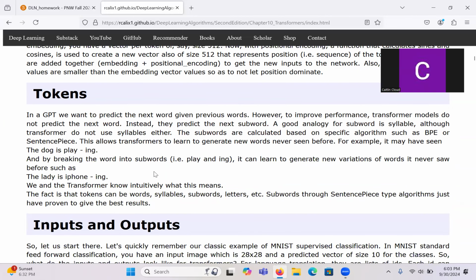Tokens, we'll talk about tokens for sure. Tokens just means the number of words. There's quite a bit that goes into that. I'll start with the simplest example of just letters in the alphabet. Really, tokens or the vocabulary are based on something like syllables, but they're really called subwords. Syllables are a construct of human languages, but these subwords are not necessarily normal syllables. They're just combinations of characters that have certain frequencies, the most frequent or least frequent. There are algorithms used for calculating those, something called BPE encoding, etc.